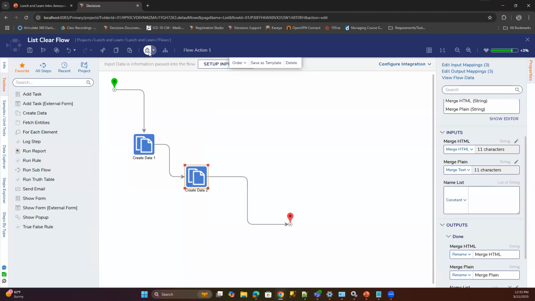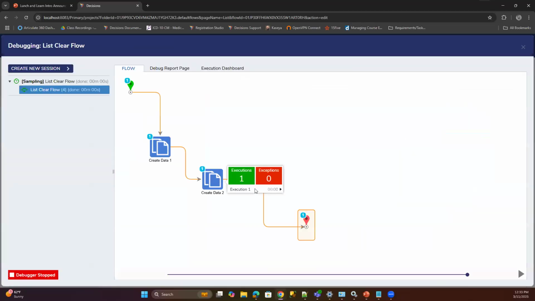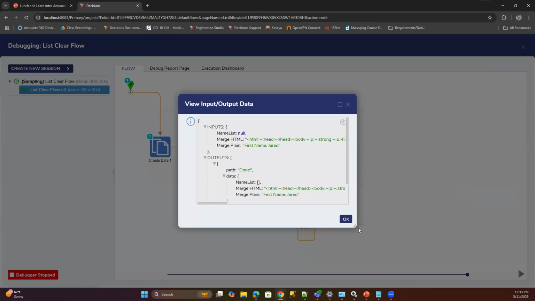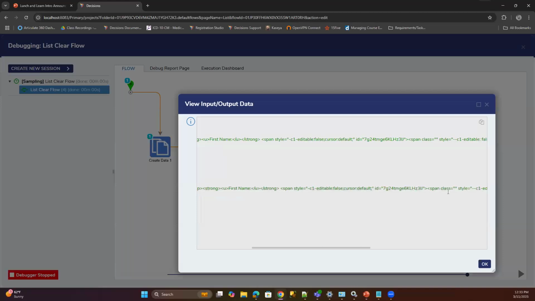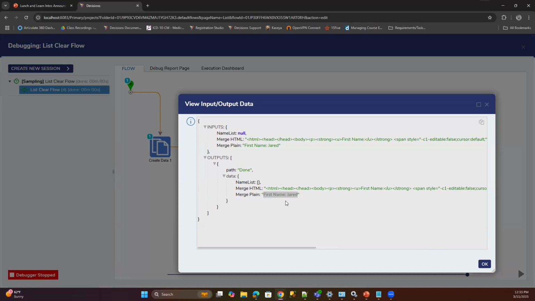So then if I were to run this data through my process and look at the difference in the debugger, it looks like a mess because it's tracking all of the HTML data. But if I had it in a viewer, like we had previously, this will just look like simply that.